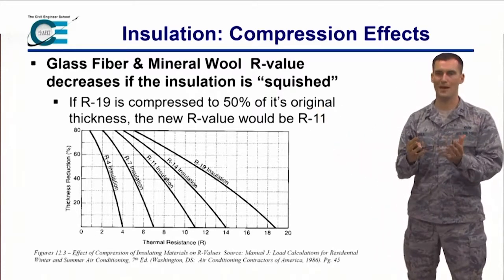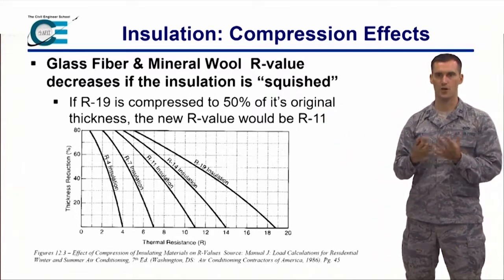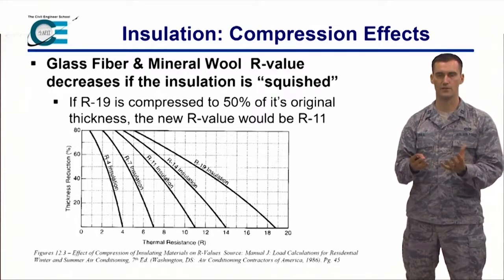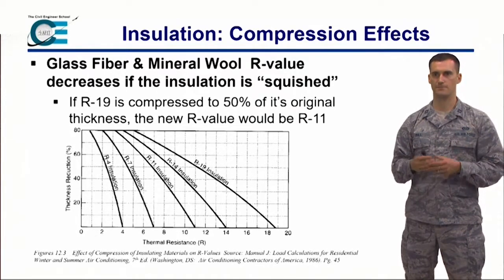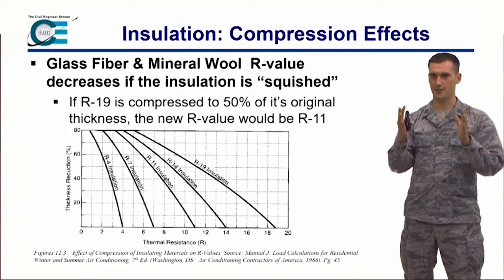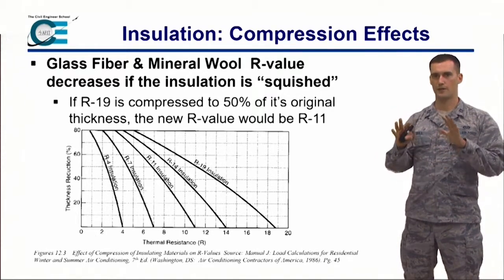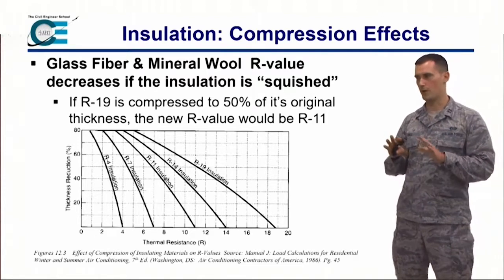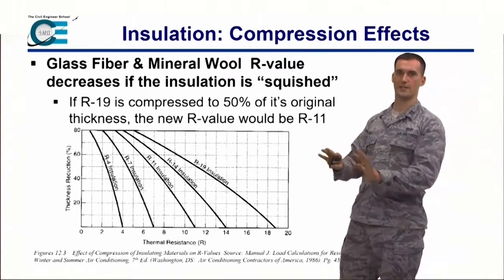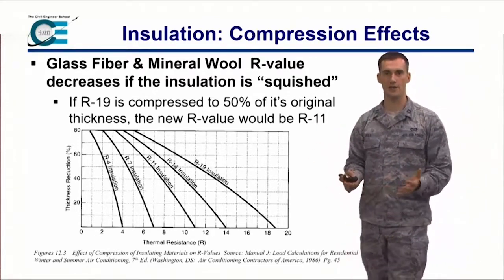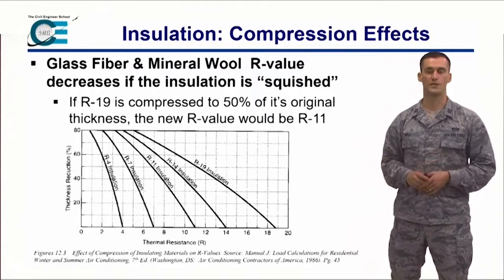Part of that you might not be able to get away from when you're installing insulation at your house because that insulation's got to fit in your wood stud wall there. And so you might have to push it in a little bit, but what we don't want to do is crush that insulation, just shove it all in there, because now you're essentially wasting your money,